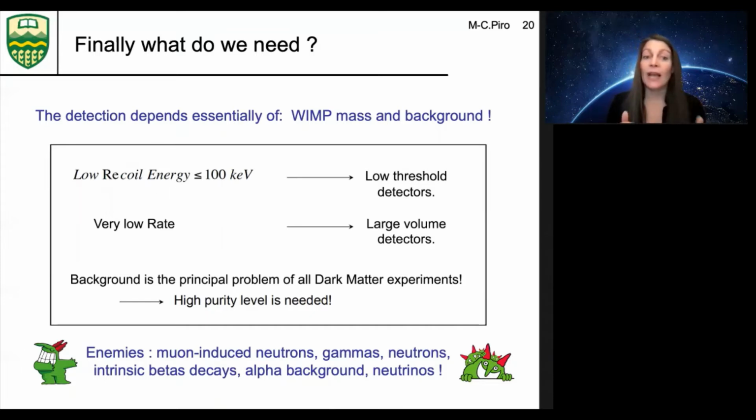We need a very high purity level, otherwise we will see all the radioactive decay from the material, and also everything above us: the muon-induced neutrons, the gammas, the cosmic rays. All of this is a background for all dark matter